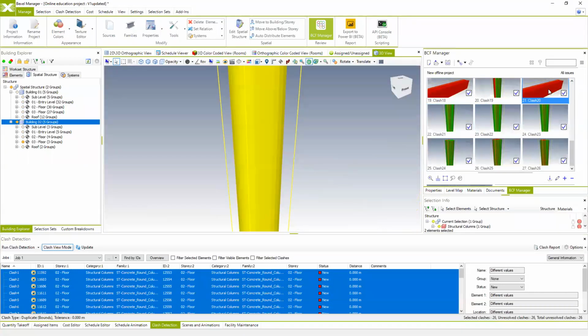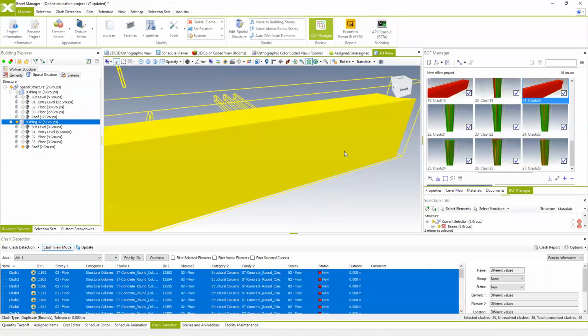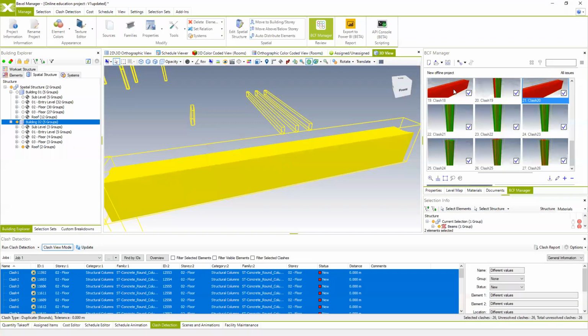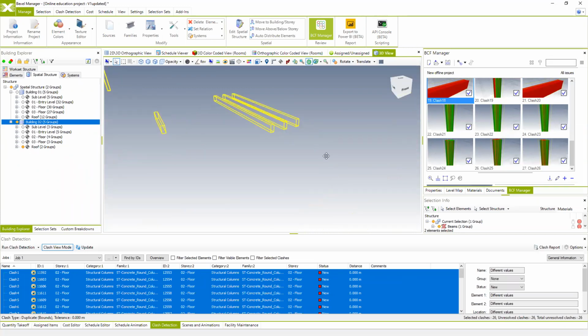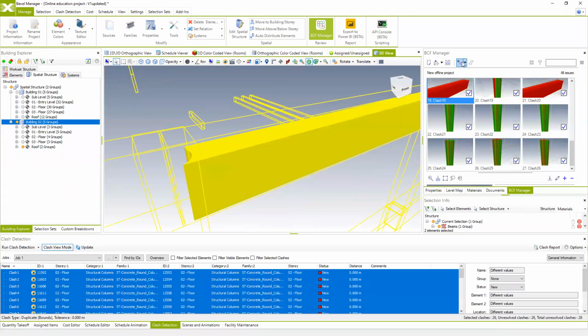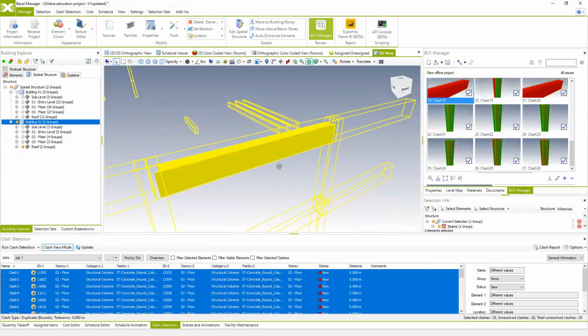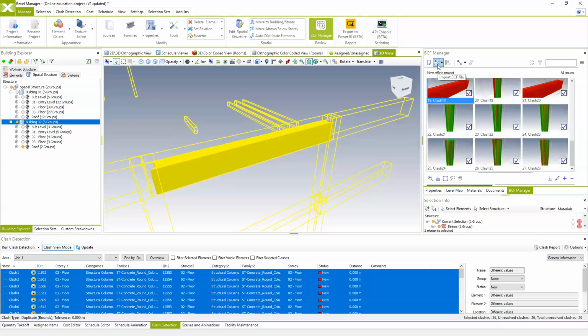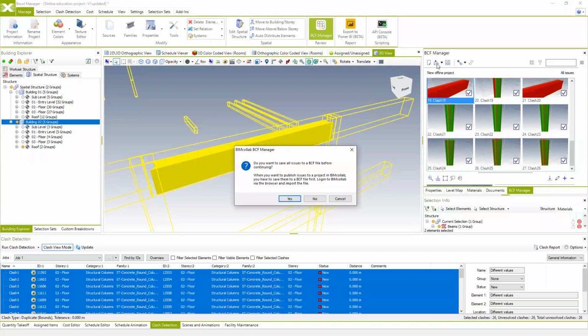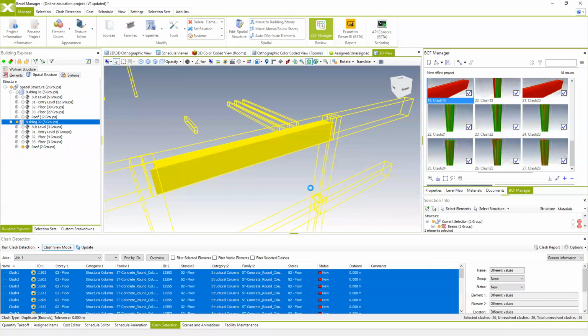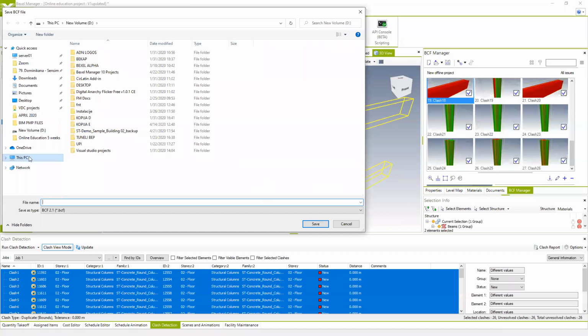So double clicking here, the system automatically creates the camera around the found issue. And then we can use the options to connect to the BIM Collab project, which is online. And if you're using BIM Collab, you can use that to automatically collaborate on these issues online with the participants, or otherwise you can create a BCF file. And then by creating the BCF file, you can create your new issues,